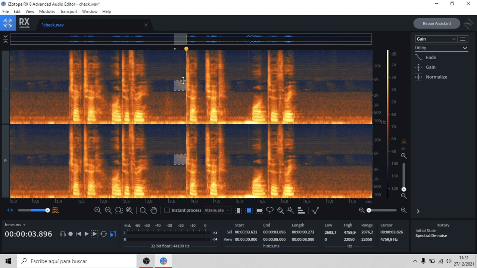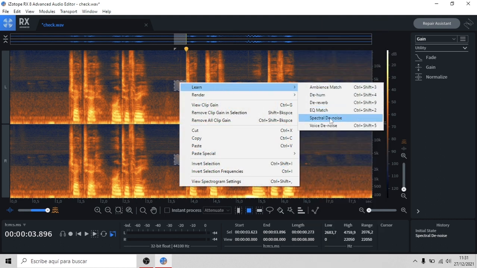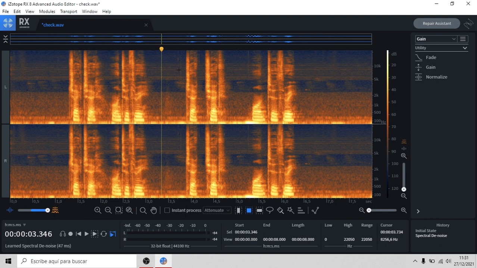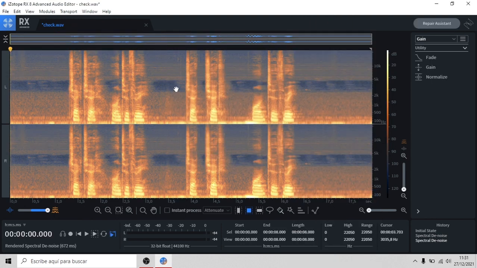I mean, you don't have to do it too many times. I just wanna do it like this for this example. So we're gonna do it again. Learn Spectral Denoise. Then we'll click outside. Render Spectral Denoise. And now what we're gonna do is just